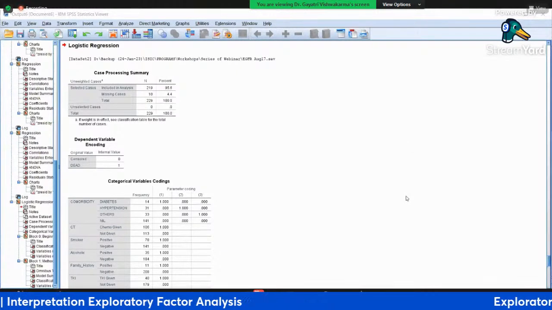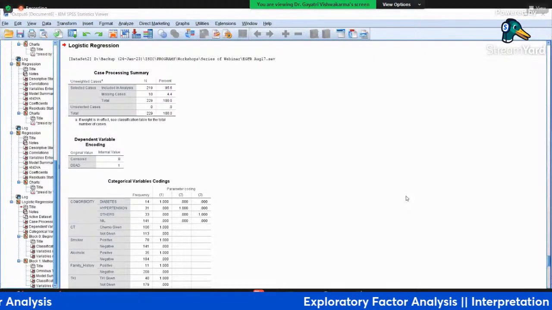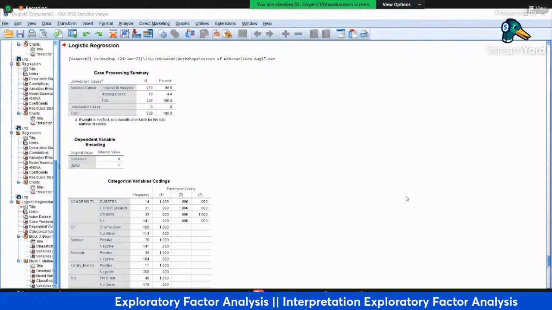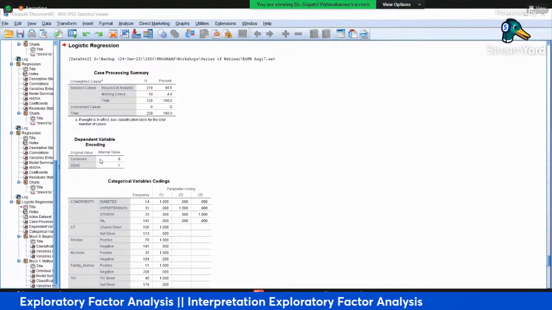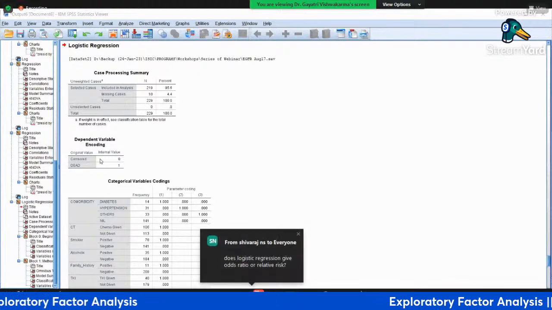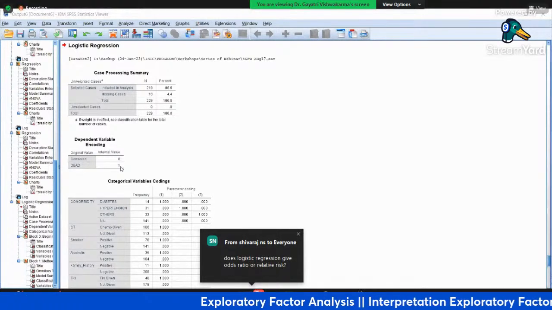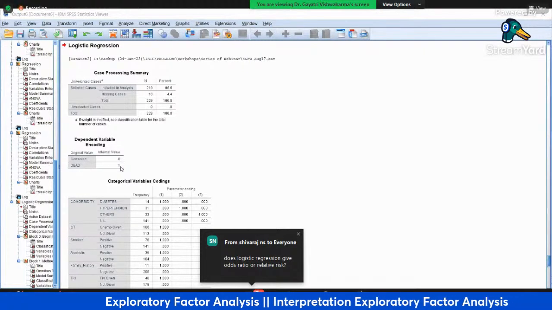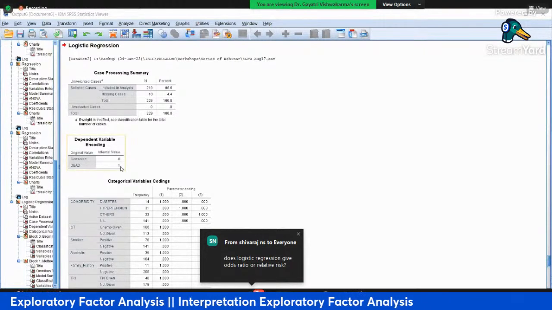So now here in the logistic regression, again, it will tell what internal value it is taking. The outcome variable death is coded as 1 and censored as 0. Okay. The comorbidities value. Now here we have different categories. It will give you all kinds of information in this.